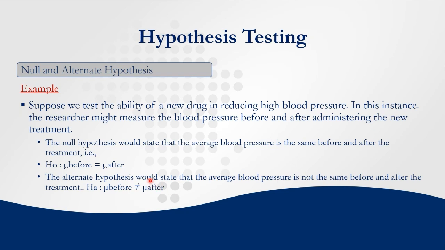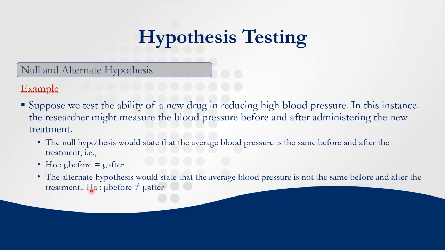So I think here it's important to see that the alternate hypothesis is what you as a researcher want to show, which in this example is that this drug has the ability to reduce high blood pressure, such that my blood pressure before and after will be different. The null hypothesis says, no, the blood pressure before and after, they're the same. Then, as we say, we use data to see if there is evidence to reject that null hypothesis, which is what you usually want,